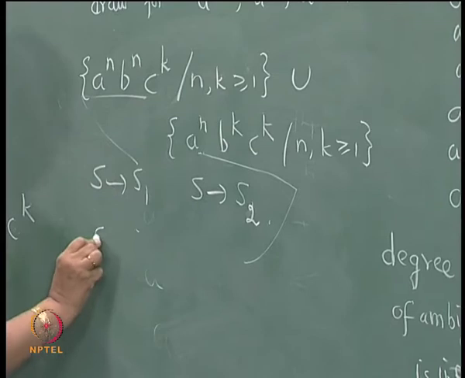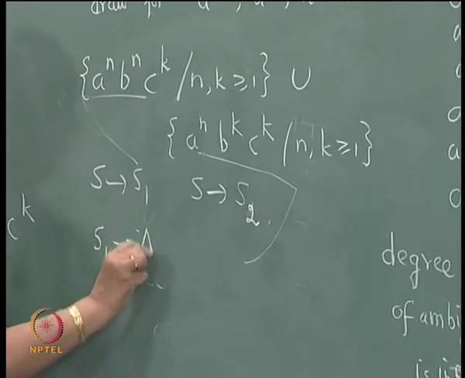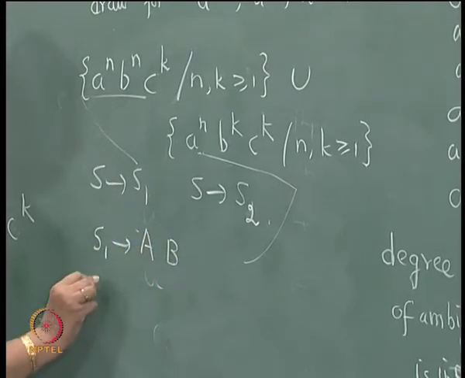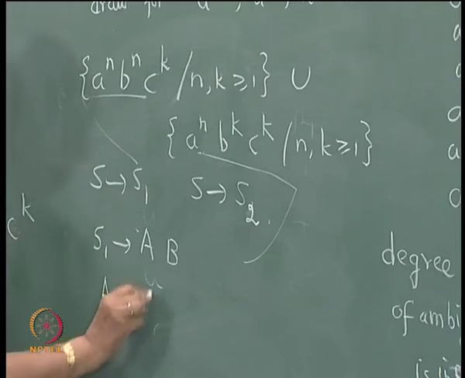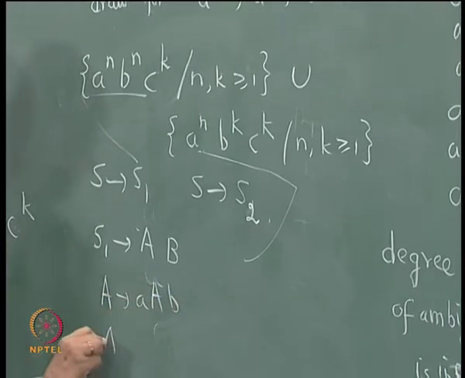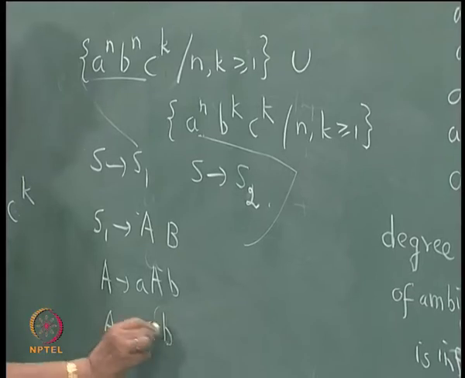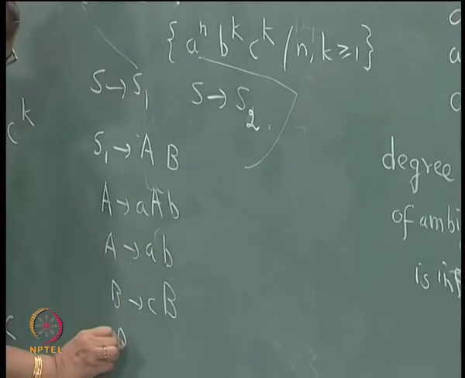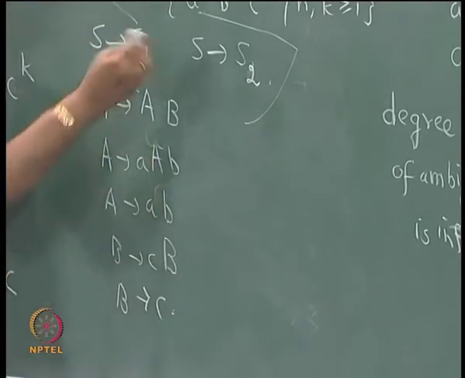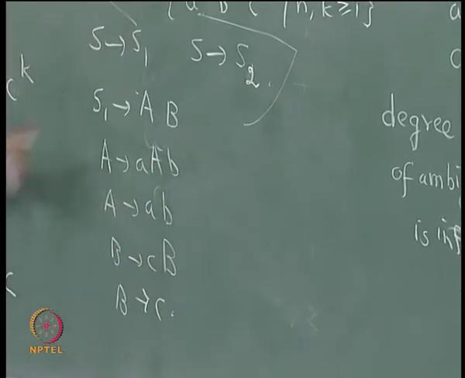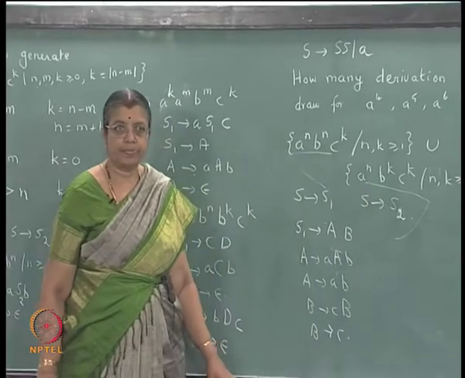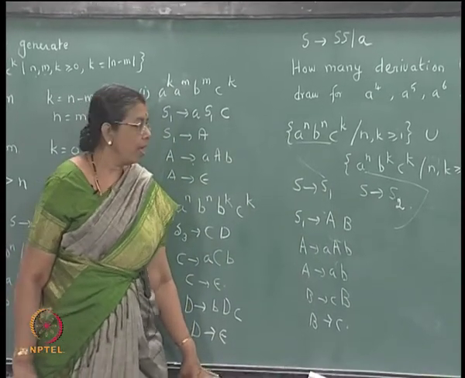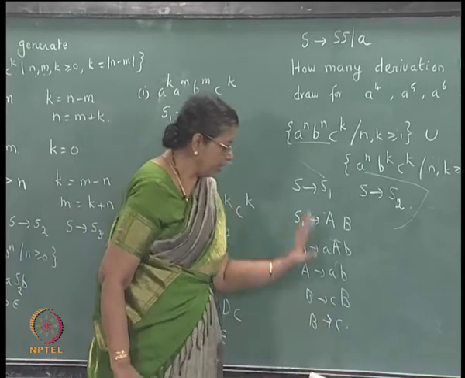For S1 I will write the grammar. S1 goes to say AB, A goes to AAB, A goes to AB, B goes to CB, B goes to C. In a similar manner you can write for S2 for generating this, right. So, this is unambiguous,